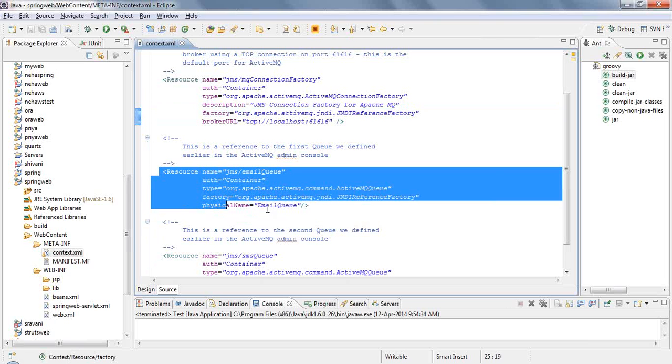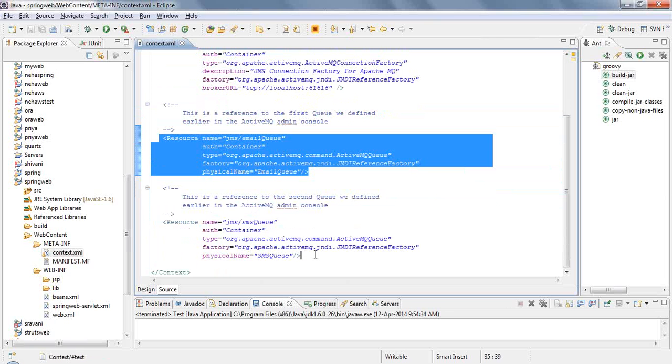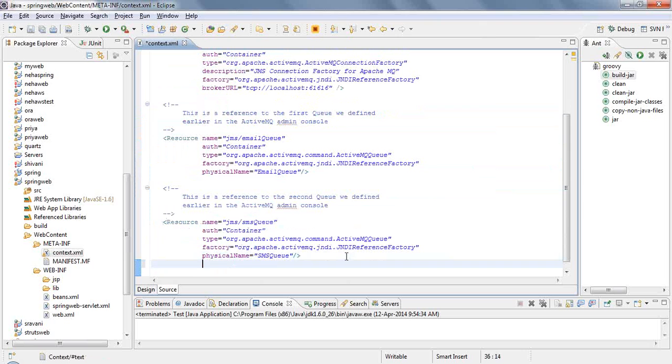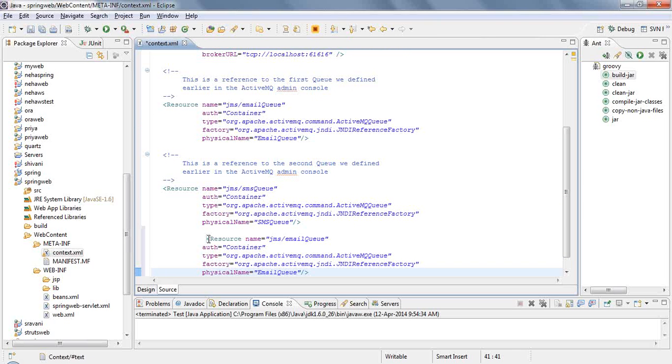Now if you want to create one more queue, just now I created my queue, so I'm going to add this. This is just a one-time configuration. The first time it will take some time, but once you have configured at least one queue, the next time is just copy and paste. So just now I created